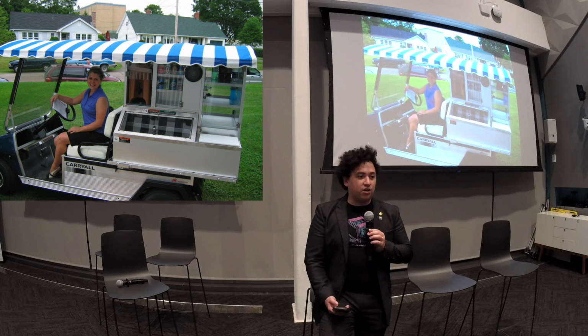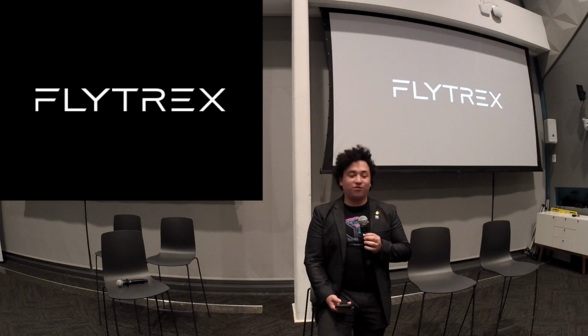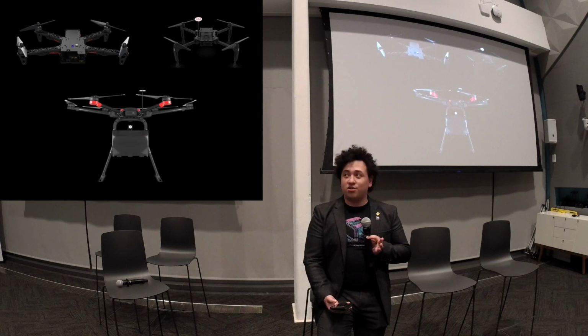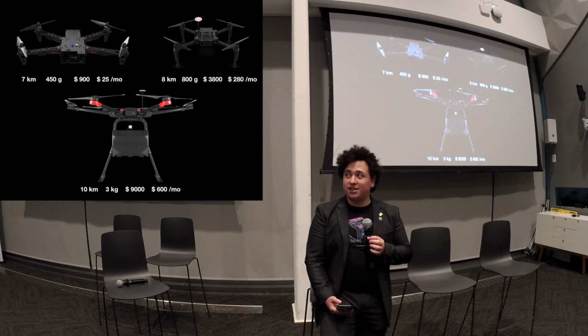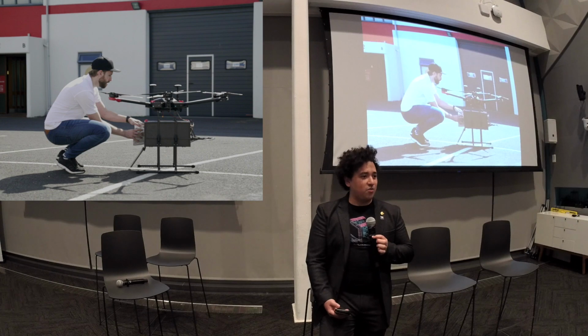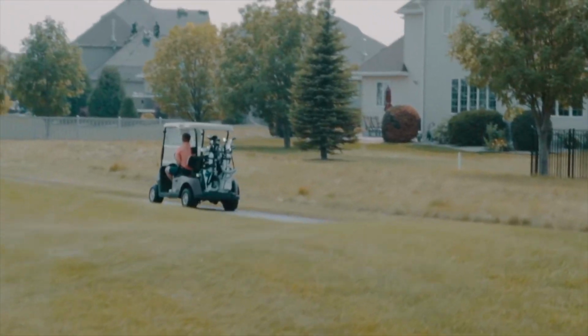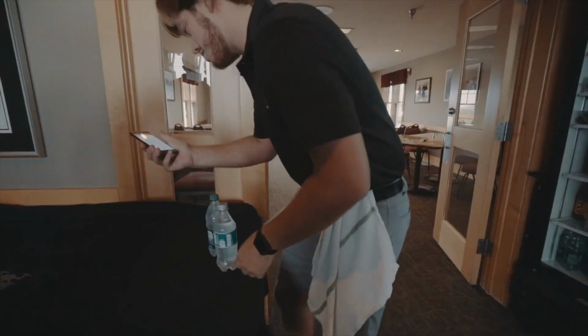If any of you have played golf, you think about the cart lady or cart guy, and gotta be inclusive. There's a company in Iceland called Flytrex, and they offer drone delivery as a service. They have 3 models. They're basically modified DJI drones with a little bit of AI so that they can do autonomous flight. These are the prices. It's not that expensive. They're basically building it as a platform so that you can deliver something. They started with golf courses, mainly because a golf course doesn't have a lot of the problems that you have with buildings, people, and overall safety.